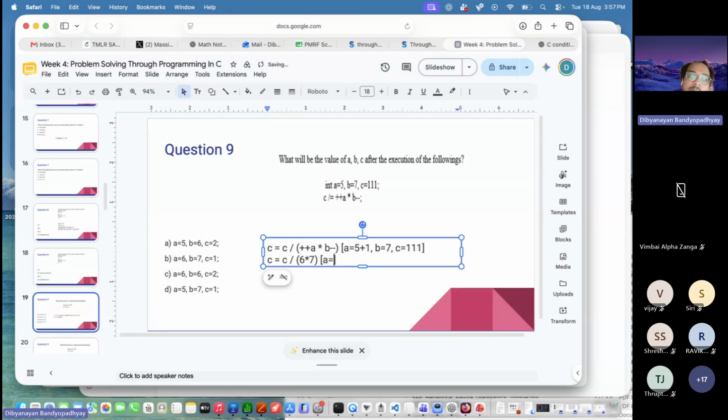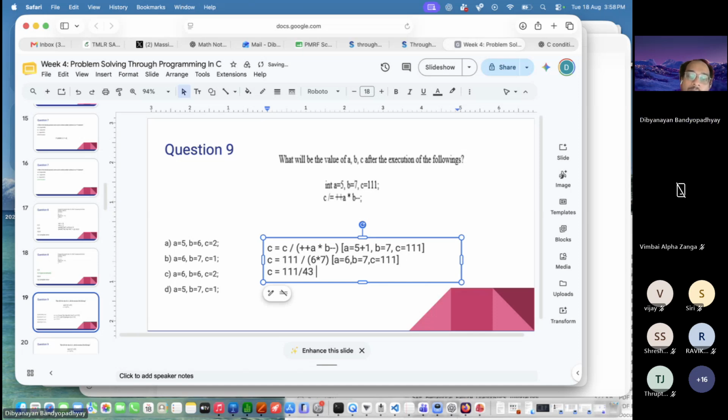So now A is 6, B is 7, C is 111. After this operation is done, C is now 111 divided by